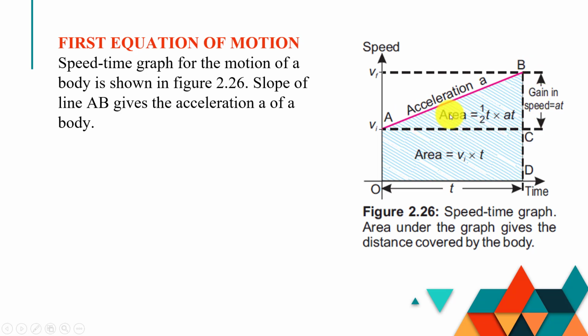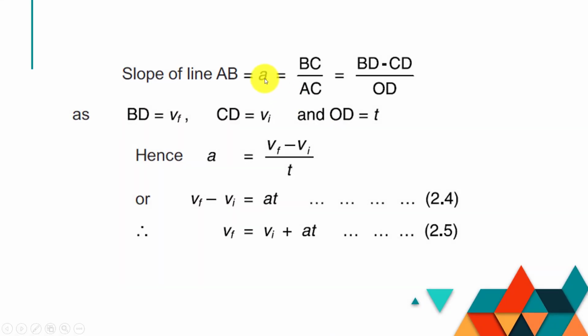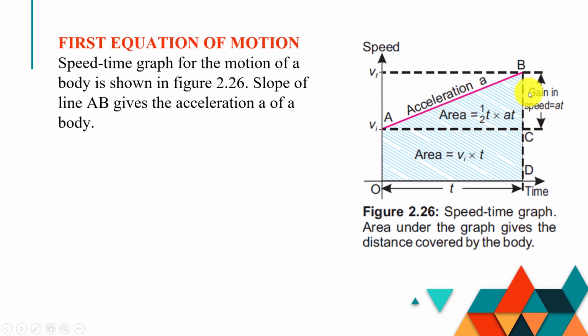So by putting the values of all these, hypotenuse, which is equal to acceleration, this should be equal to perpendicular, that is BC, over base, which is AC. So we get acceleration, which is equal to BC over AC. Now we can calculate the value of BC from BD minus CD. As you can see that to calculate the value of BC, you have to calculate the value of BD and